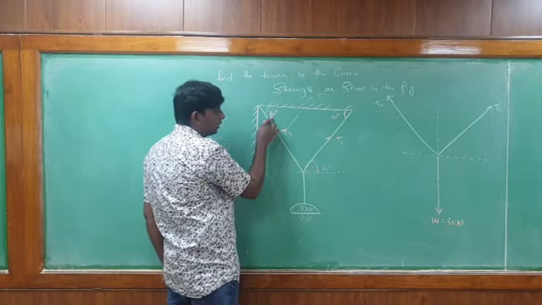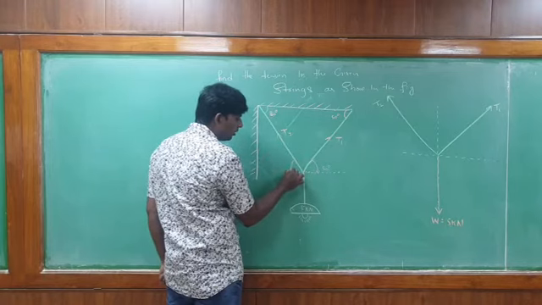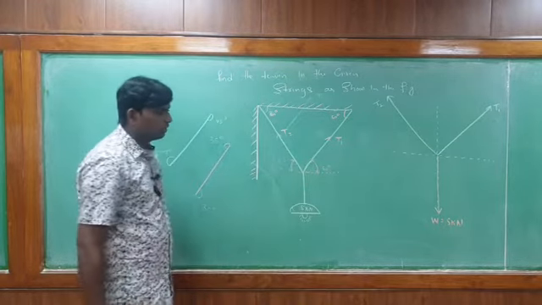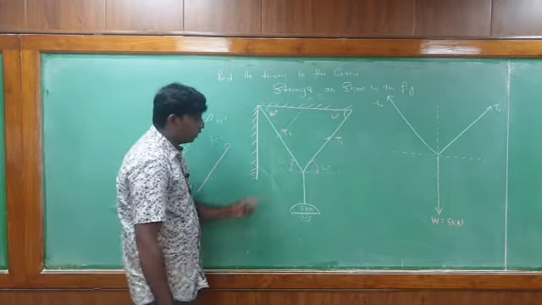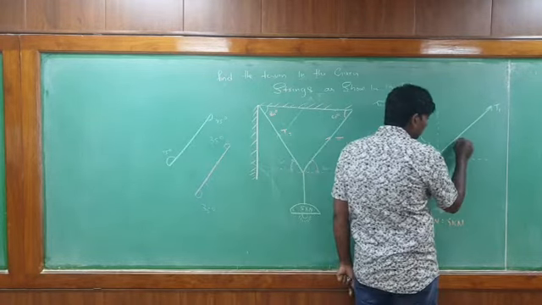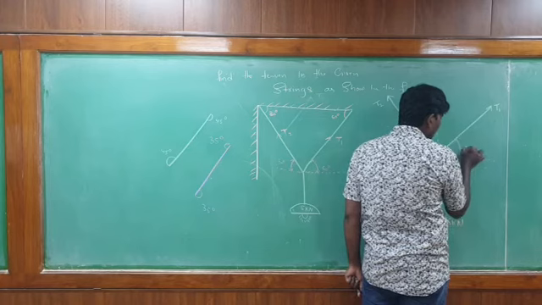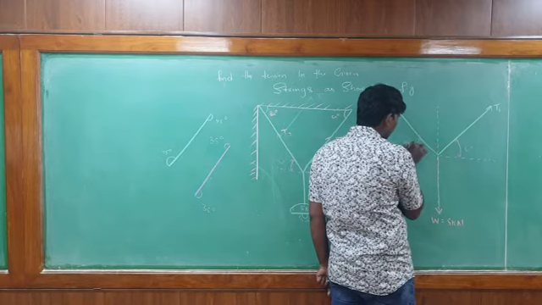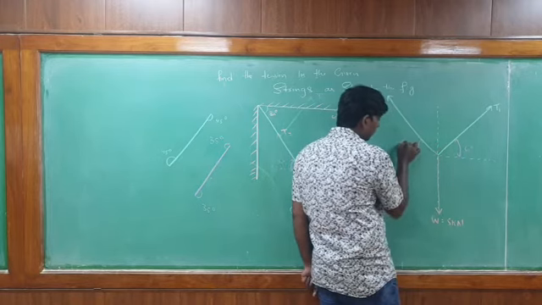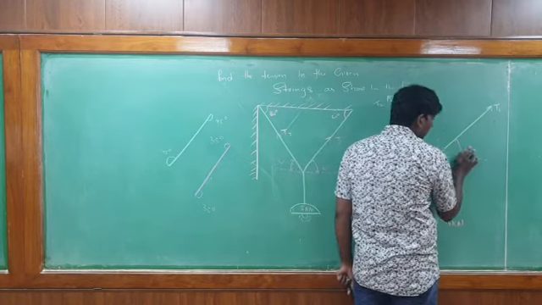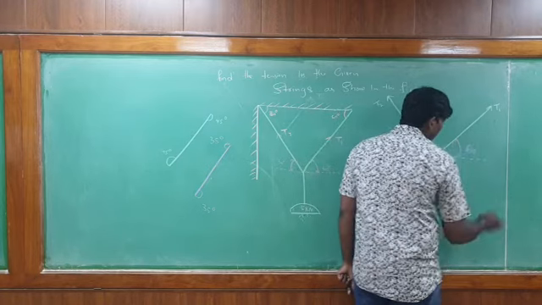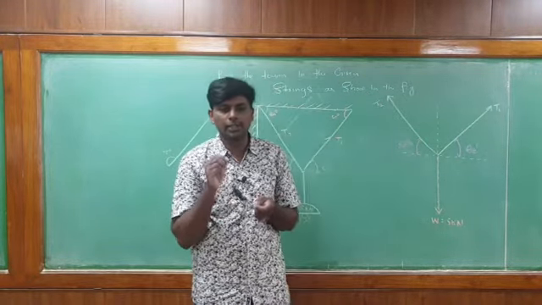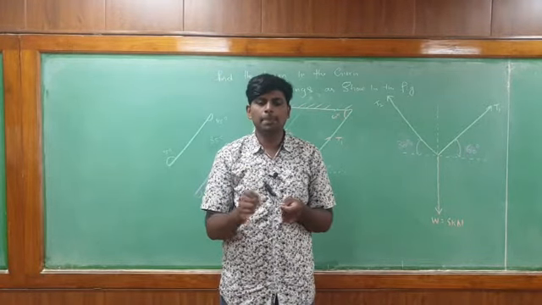Now next one, this angle is equal to this angle. Here how much is given? 30. Opposite angle is also equal to how much? 30. This side also angle how much you have to take? 30 degrees. Here 60 degree and here 30 degree. This 60 and 30 degree you have to project this side. This angle 60 degree and this angle 30 degree. This angle you got 30 degree and this angle you got 60 degree.